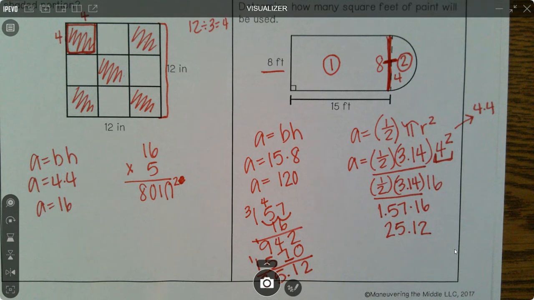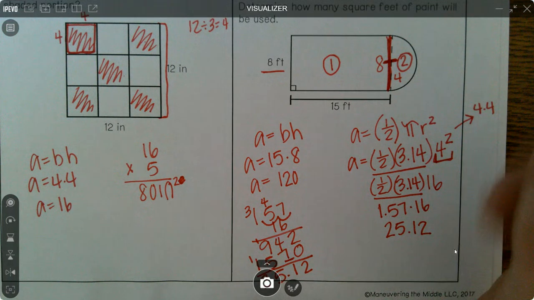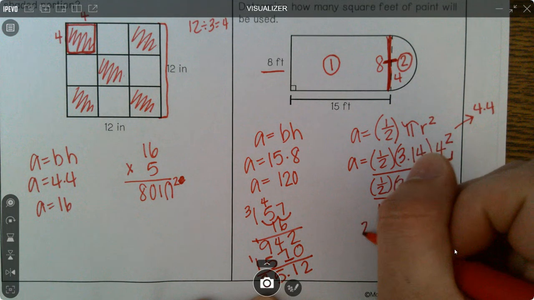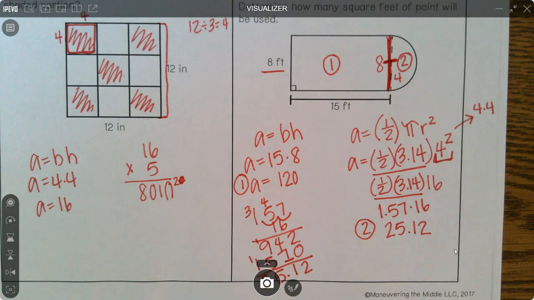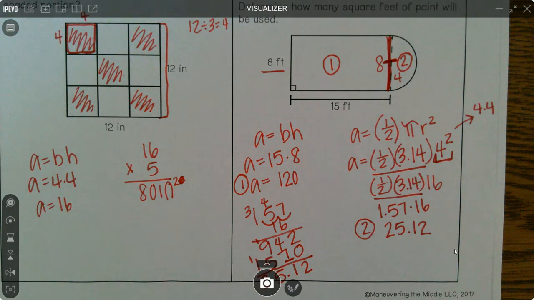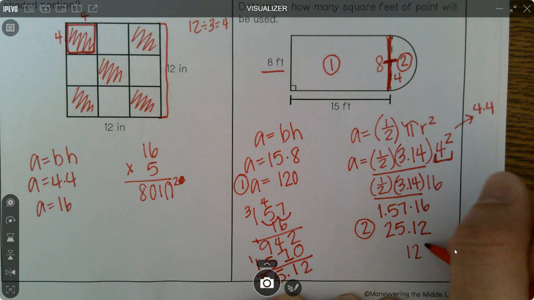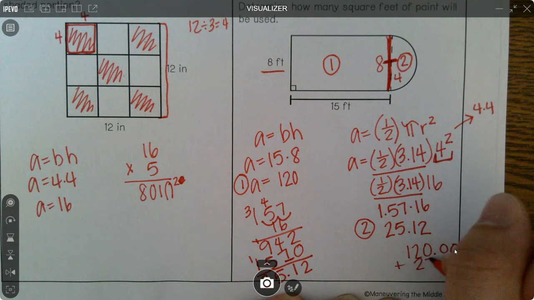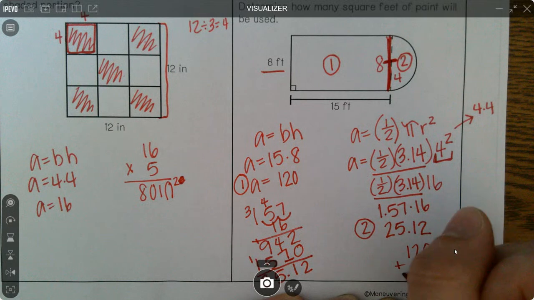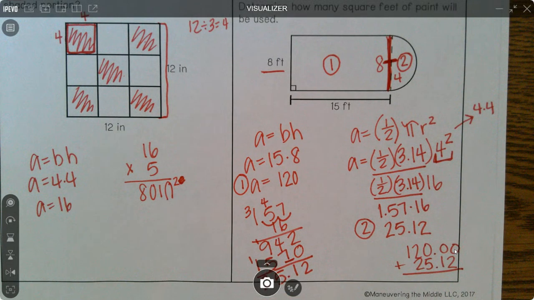Do you agree? So now I'm going to take my 25.12, this is the area of figure 2. And if I have the area of figure 1, what am I going to do with those two areas? I'm going to combine them. So I'm going to set up 120 plus 25.12, giving me a final answer of, solve it out,